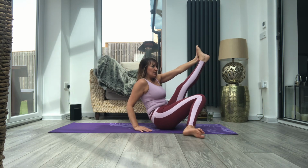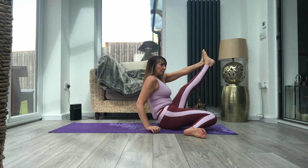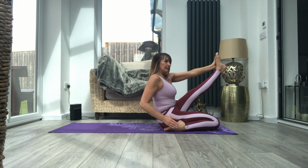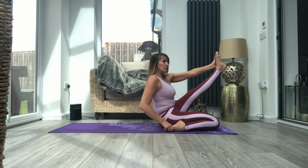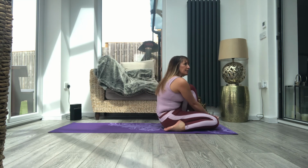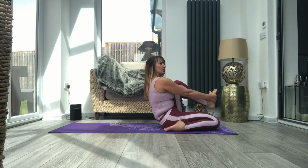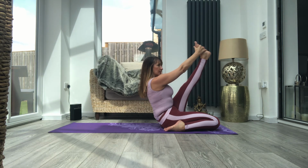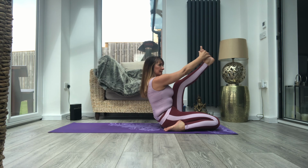Otherwise, your knee turns in and you bring your foot towards the outside as close as you can get. It's almost like the big toe is tucked under. And then you grab hold of the sole of the foot and we're going to stretch it up. Okay? You can use a yoga strap behind the foot for this, or a stretch band. Otherwise you might have to bend the knee a little in order to be as upright